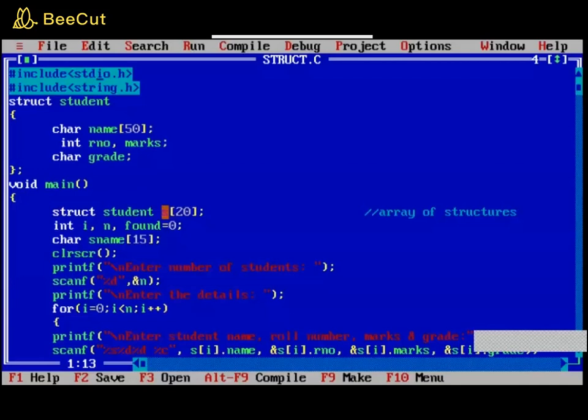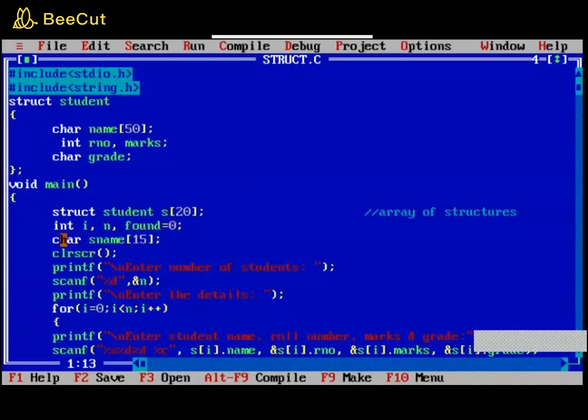Because we have to enter n students' details, I will be needing an array of structures. If it was only one student's detail, then I would have used struct student s semicolon, and s is the name of the variable. But here I will be needing an array of structures. So I will be using s of the size of the array, like that. So I have taken s of 20 here.